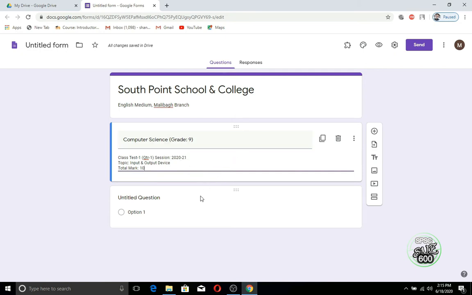Now I will start with my question. So after writing this you have to know about the questions that you can add. It will be better to give true, false, fill in the blanks and MCQ questions, so they can be checked automatically. You can also give short questions and broad questions, but those questions cannot be checked by the computer. You have to check them manually. So for this I'm adding true, false, MCQ and fill in the blanks.